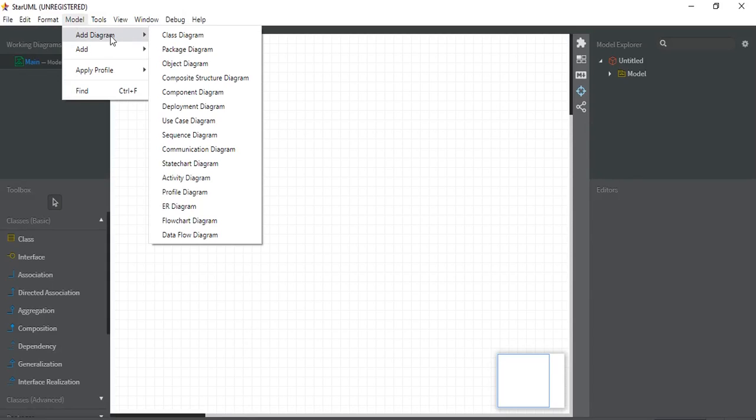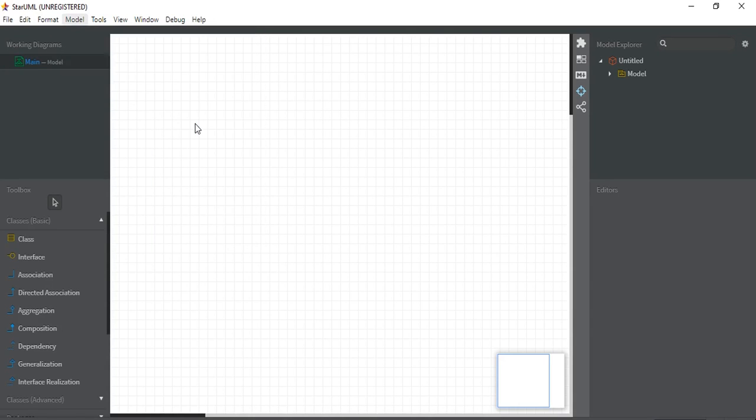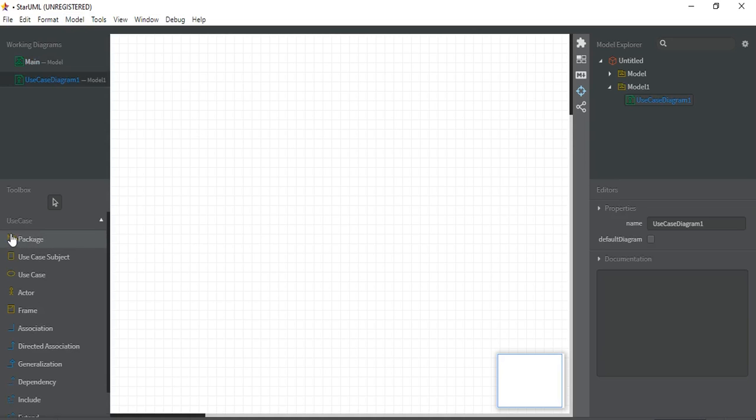After clicking add diagram, these are the UML diagrams, such as class diagram, package diagram, object diagram, component diagram, use case diagram, sequence diagram. You want to draw the use case diagram, so click on the use case diagram. After clicking it, these are the components or notations of the use case diagram. Using these notations, you are going to draw the use case diagram of the library management system.